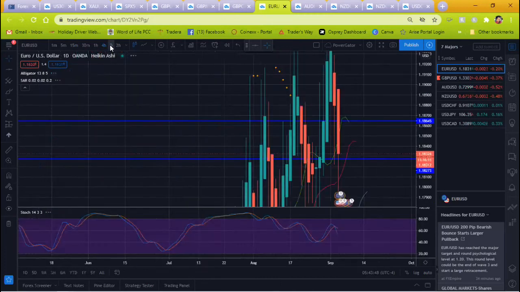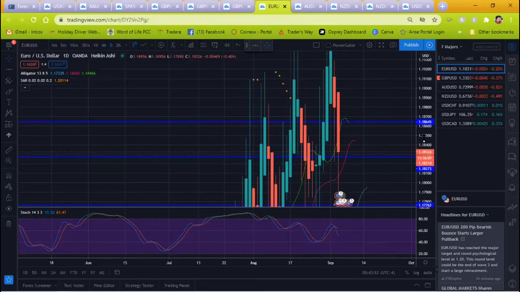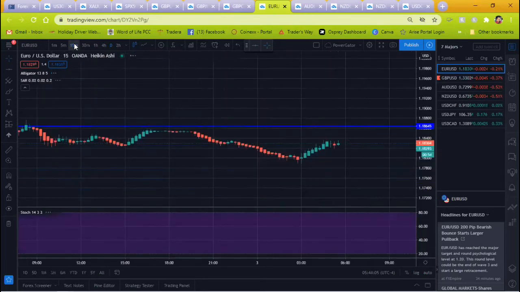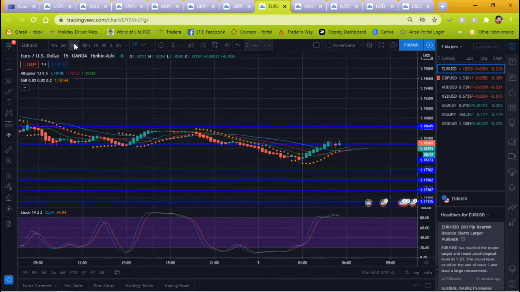Let's see. And the daily. All right. The daily is in a buy, but it's turning. It has those nice strong candles going in a downward momentum, so it's making a turn. So it's looking like it's setting up to go from a buy to a sale. So with that being said,